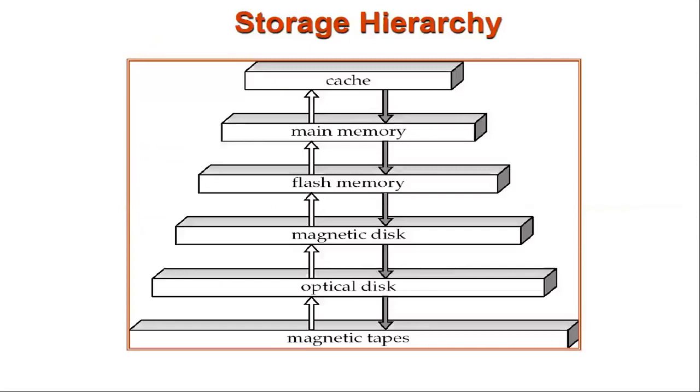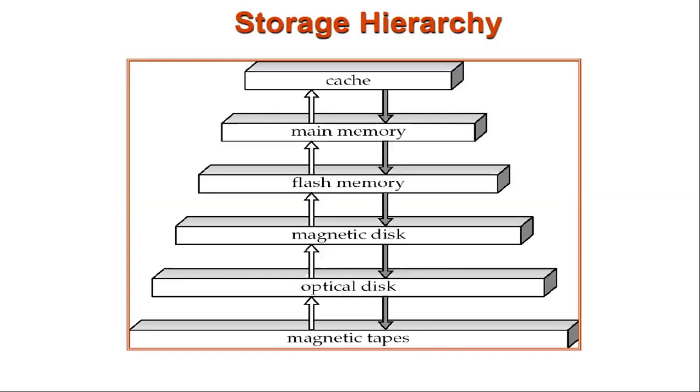When you look at the storage hierarchy, these are the main storage devices we use in the system. The top one is cache memory. We already spoke about the size of the cache memory being smaller compared to other memory. The top layer is fast, and the bottom layer is slower in speed. At the same time, in size, the top is smaller and the bottom is maximum. In this way, you have the hierarchy of storage devices.